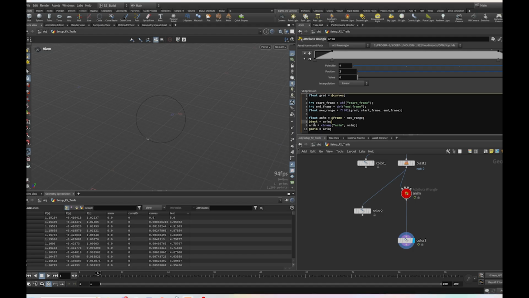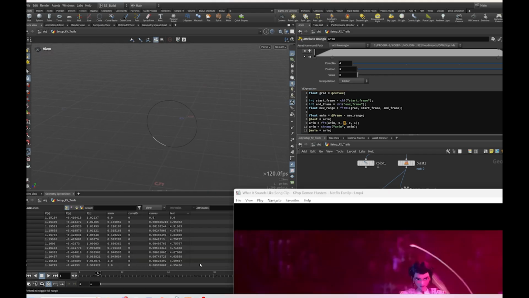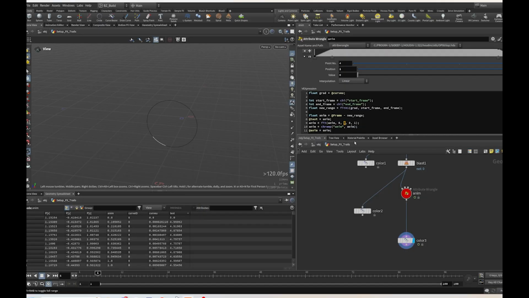So let's do it before this CSRAM, because after this CSRAM it is always from 0 to 1. So let's do a fit here. Fit anim, sorry, not anim. So let's just fit the ending from 0, maybe 5, to 0 to 1. So we can see the trail is extended here, and this number will control the length of the trail. So I think for now the trail should be longer, so we can adjust this to maybe 50,